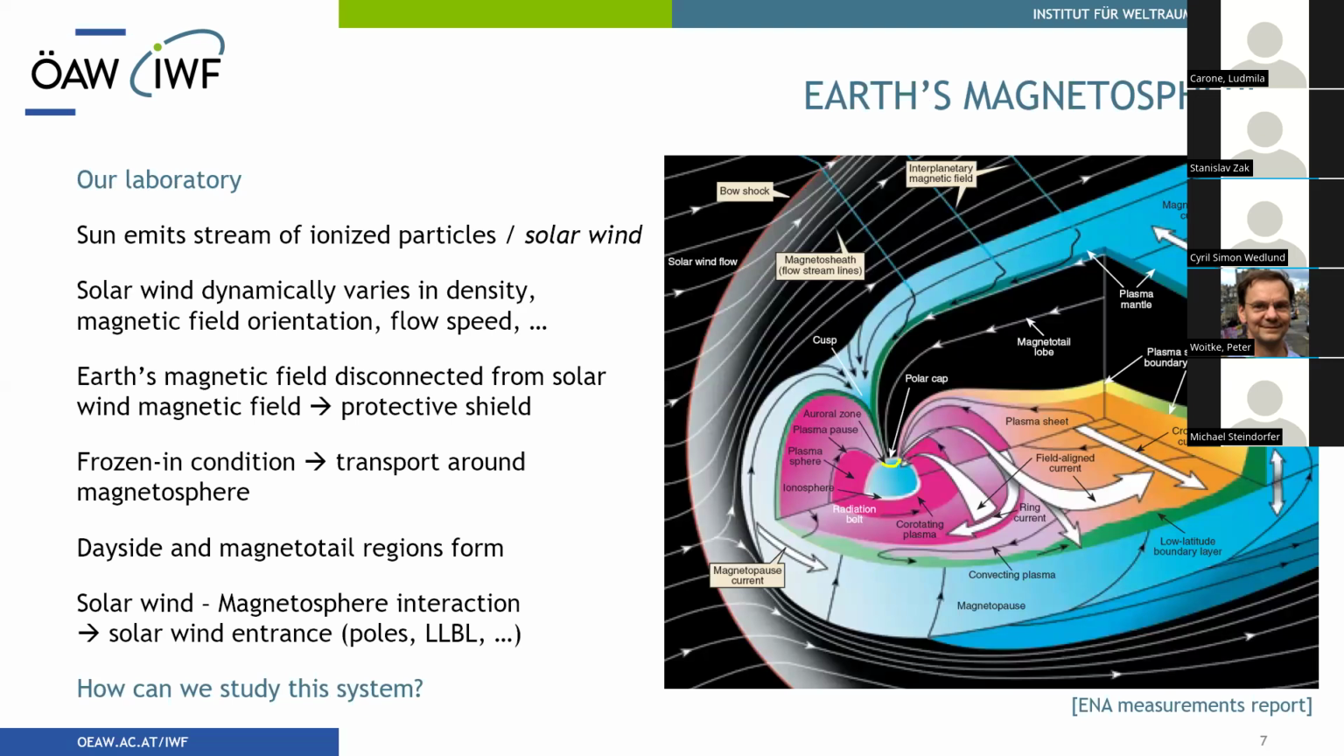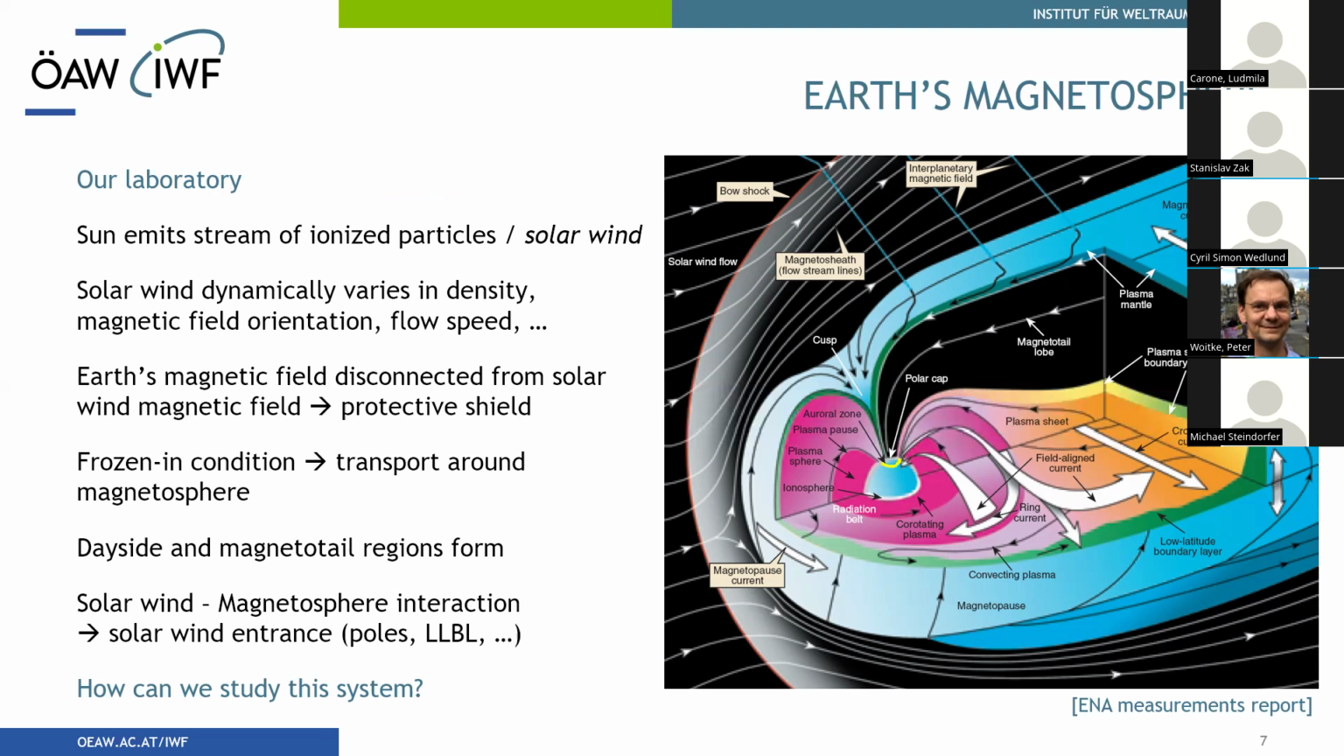So the first point that is very important to understand the system is that the sun emits plasma. And this is called the solar wind. And this is transported towards the Earth here in this picture from the left-hand side. You can think of a flow coming in from the left here. And it dynamically varies in different parameters like density and magnetic field orientation, which will be important later in this talk. And the important part is that the Earth also has an intrinsic magnetic field, that is solar wind carrying